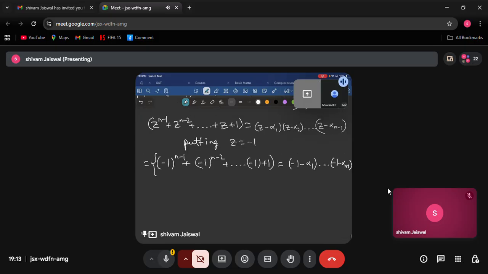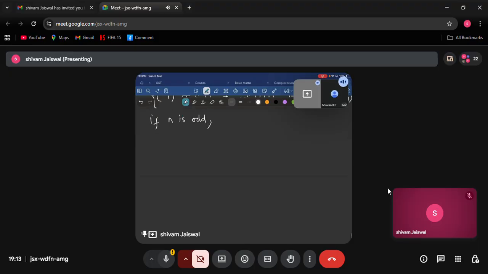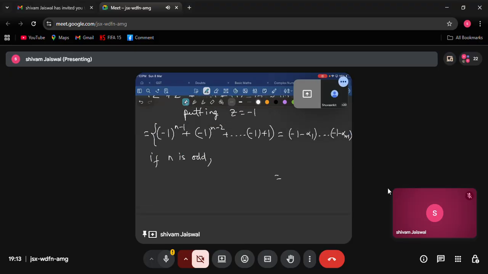Okay. So see everyone, if n is odd, right hand side is positive or negative? Tell me. How many terms are there? What do you think? N minus 1 terms are there, right? N minus 1 products are there, right? So that means even number of products are there. So right hand side will be positive. Right everyone, those who are online, are you people getting? Right hand side will be positive if n is odd.